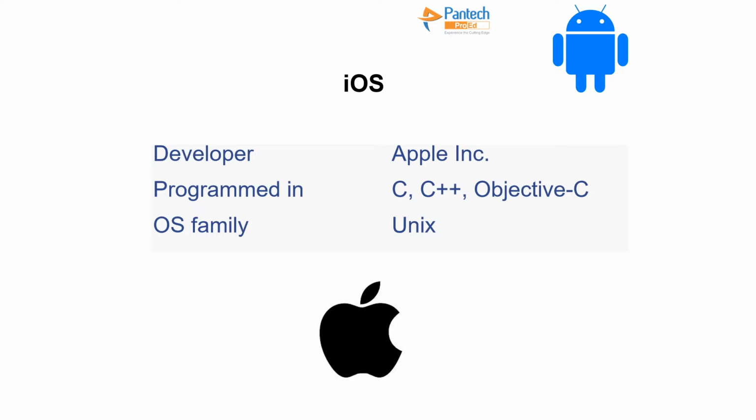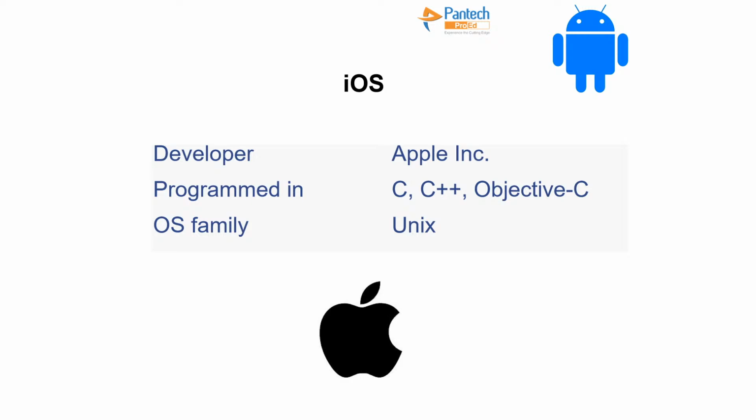iOS currently has only the beta version released yesterday. So here it's organized by Apple, and written in C++ and Objective-C. The OS family is Unix. So we have different types of families. For example, if you take the Android platform, the Android platform's OS family is Linux. Why we are using the family is, for example,